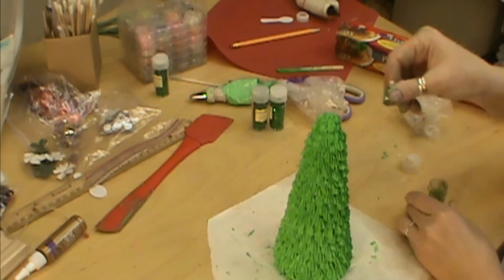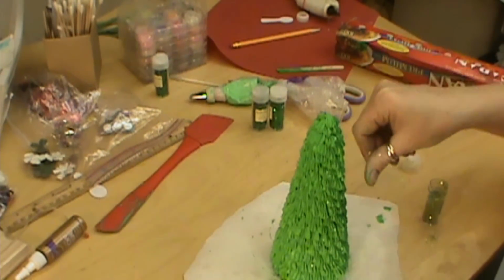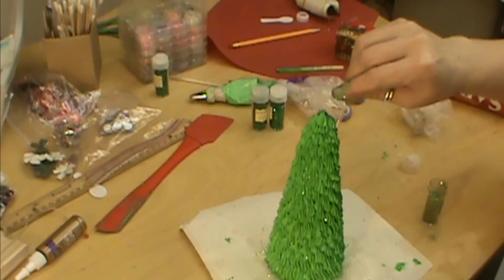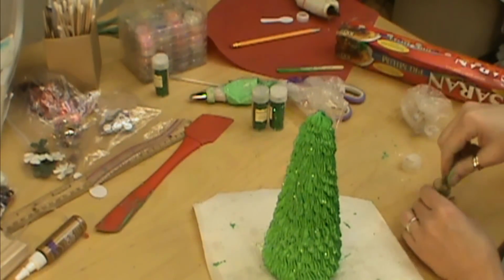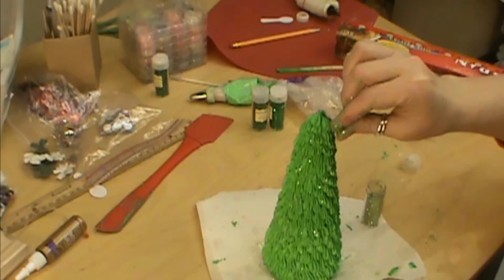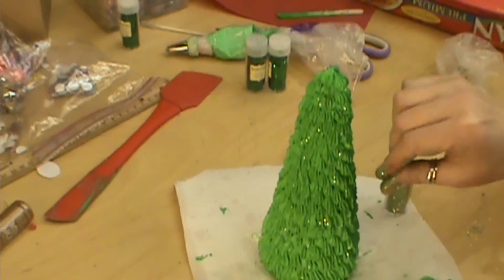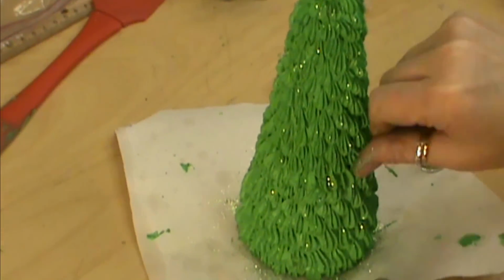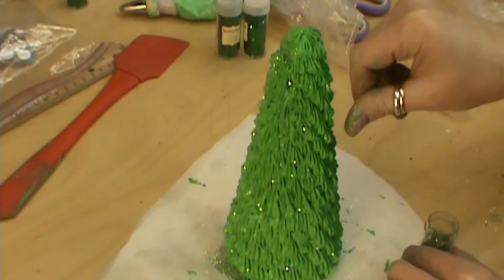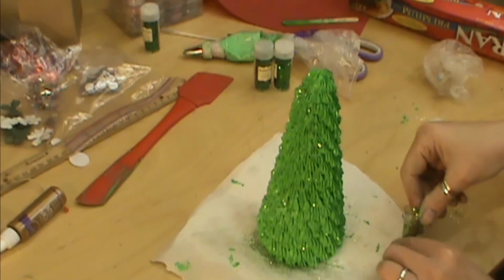So you want to put your glitter definitely on while it is wet, so think about that. And if you want to put ornaments on, we need to do it while it is wet. If you're not going to put the ornaments on and after you put glitter, or you may not even want glitter, then you can let it dry. And this is going to take, I would probably give this one at least 3 days to dry all the way through. But that is up to you. But if you're not going to...